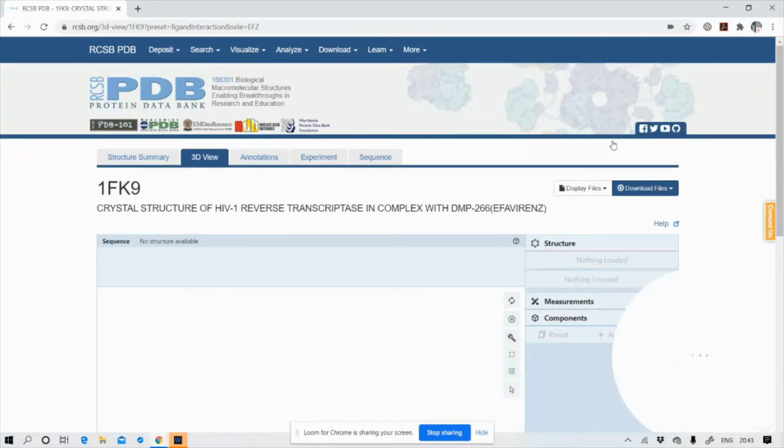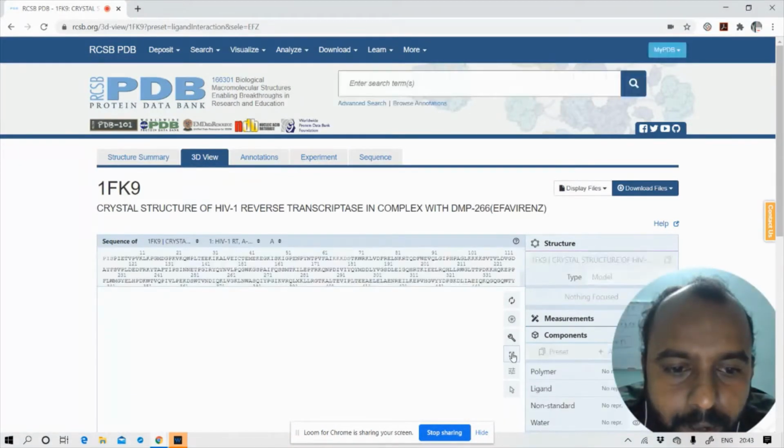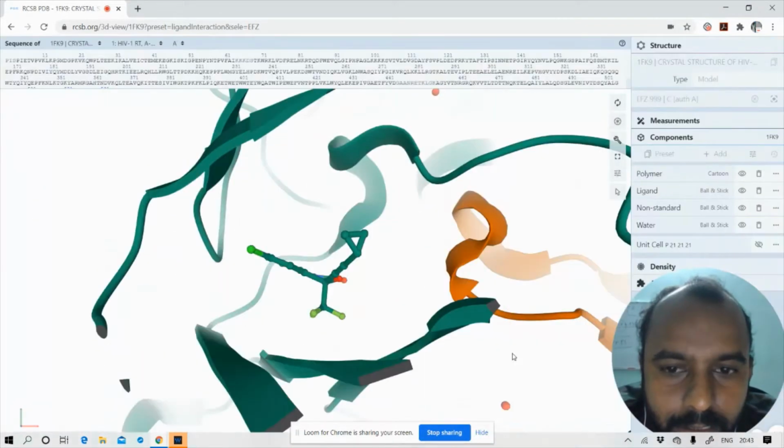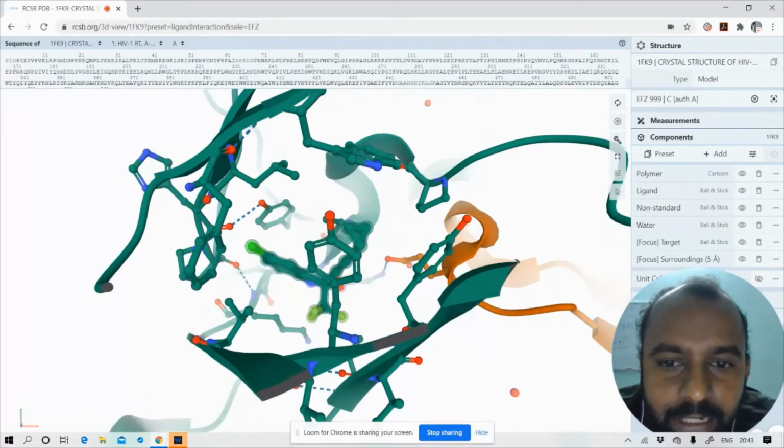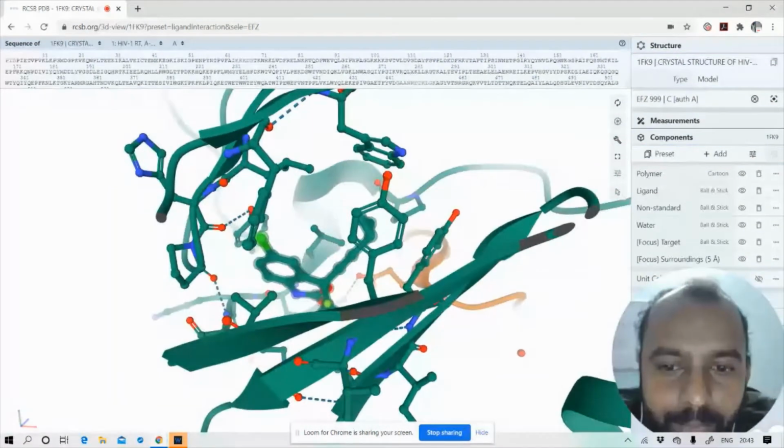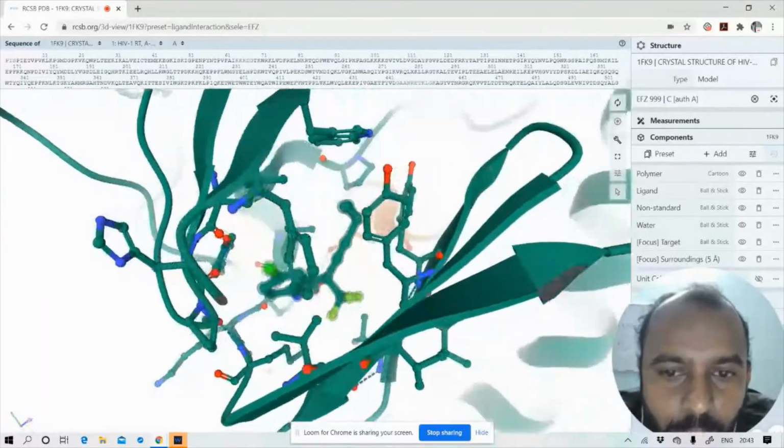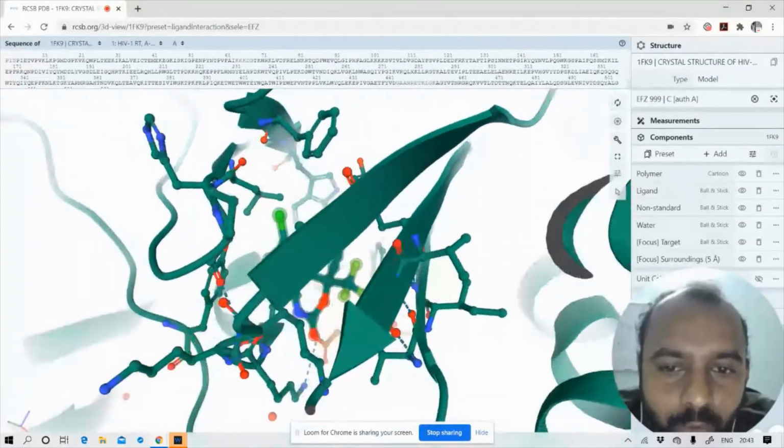This efavirenz is bound in a three-dimensional structure into your protein with no interaction with water molecules.